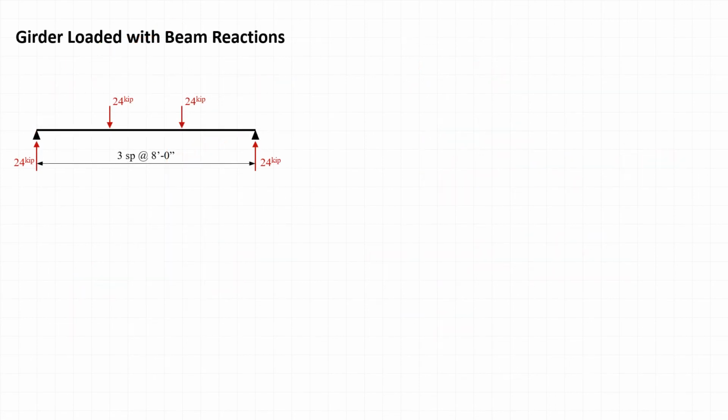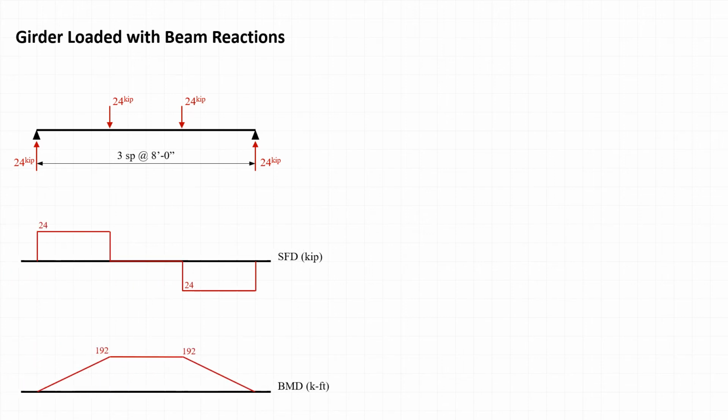So if we look at how that's applied to a girder, then we would have a girder loading like this. So instead of 4 spaces at 6 feet, we have 3 spaces at 8 feet. So the reactions are going to be 24 kips. Those are the reactions for the girder. And if we sketch the shear force diagram, we end up with a shear force of 24 kips at the end, and we end up with a maximum bending moment of 192 kip feet. Let's consider again